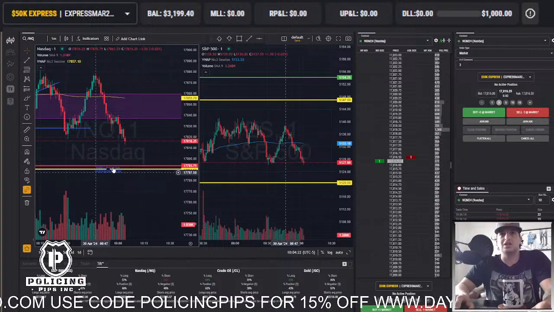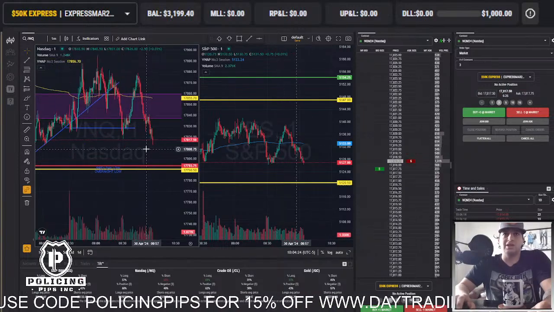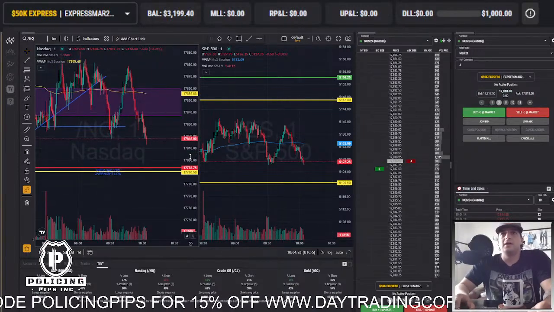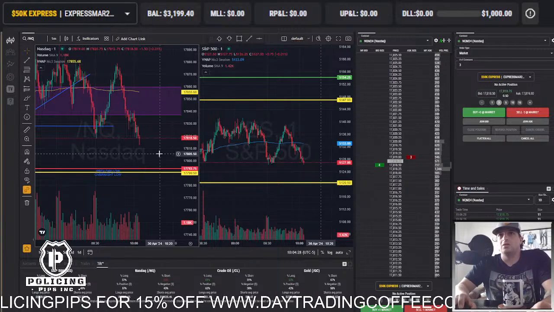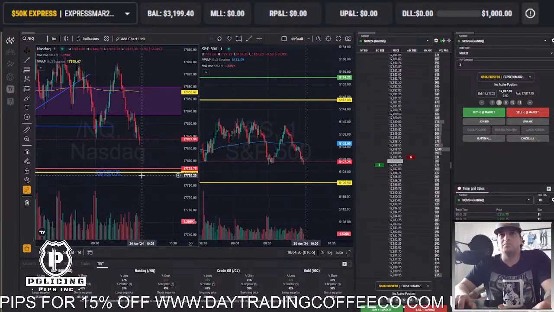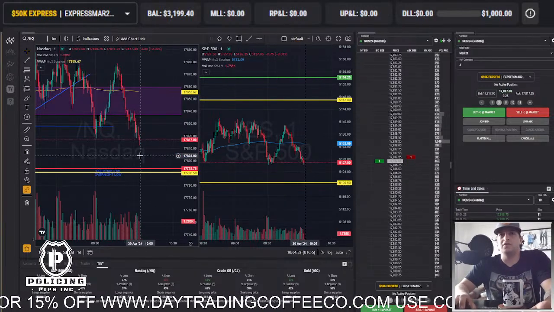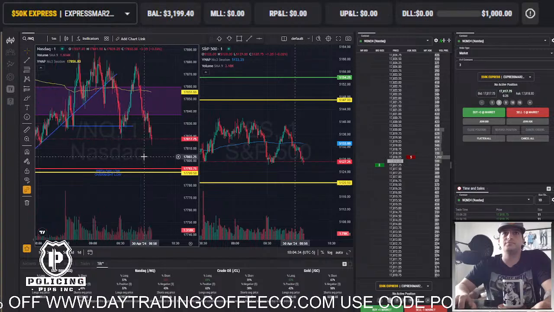I need to see this set up down here if it's going to give me the opportunity to take the long. Going to watch 800. 800 could be where it sets up. It could possibly not hit off on these overnight lows, but